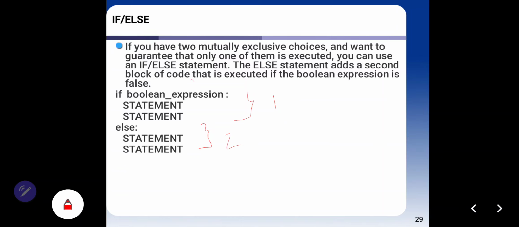If the first block is false, you can see in the result block 2. Don't forget to write the colon. In if, at the end you don't forget to put a colon, and in else also the same, you don't forget to give a colon at the end, and for the statement there is no colon.